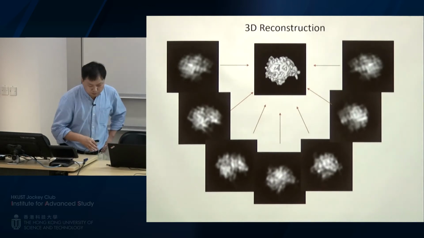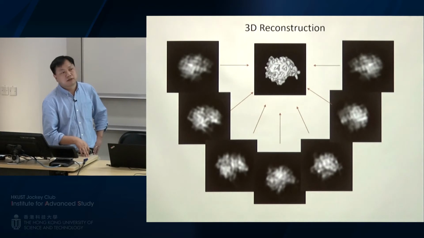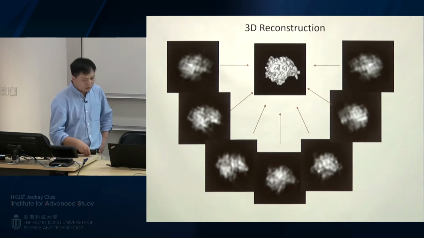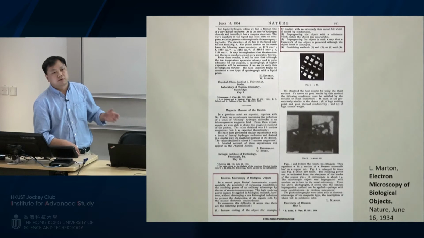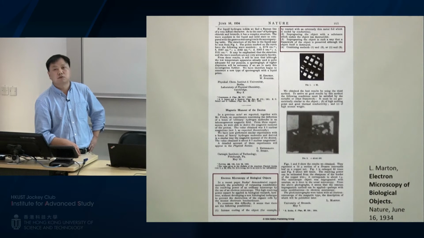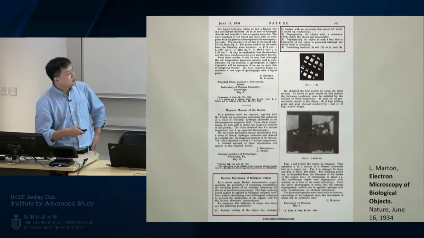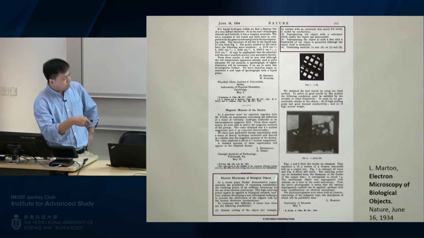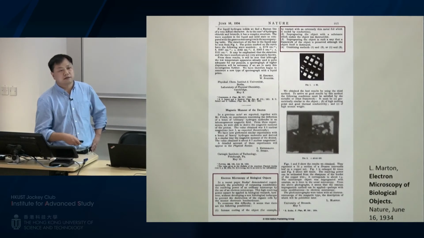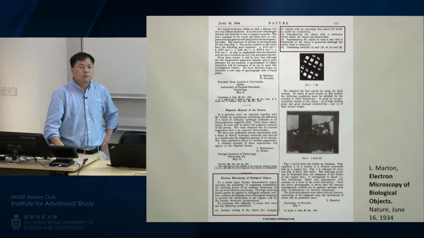So this is pretty much the concept of 3D construction and the birth of the single particle method. But why do we want to freeze the biological material in a very thin layer of ice? Why do we need to do electron microscopy at cryo condition? The reason is that scientists, when they published the first paper, realized that the radiation damage to biological samples is very